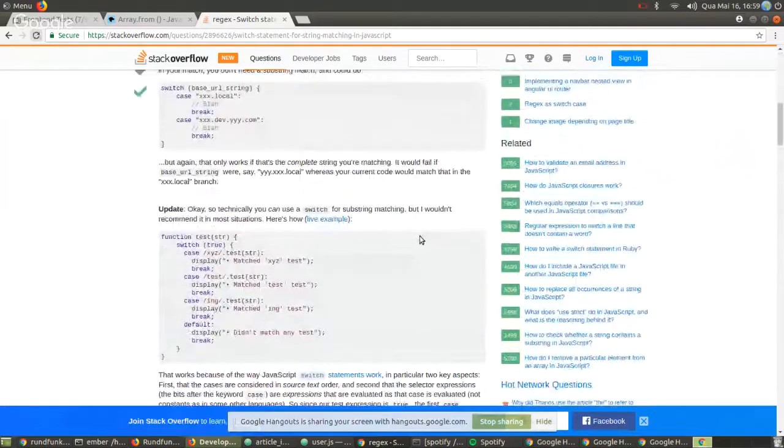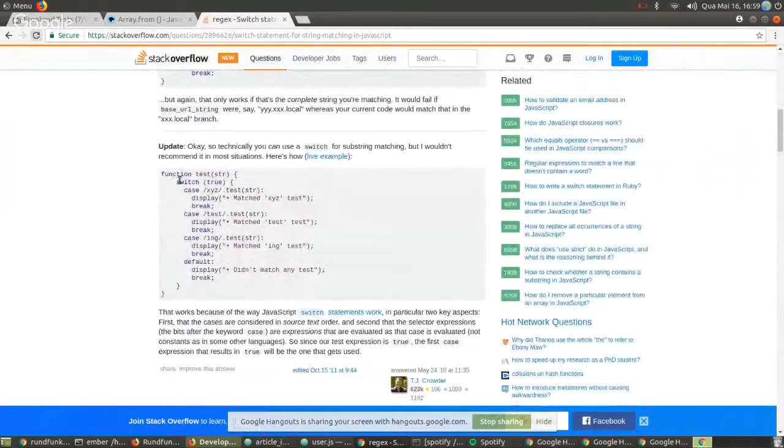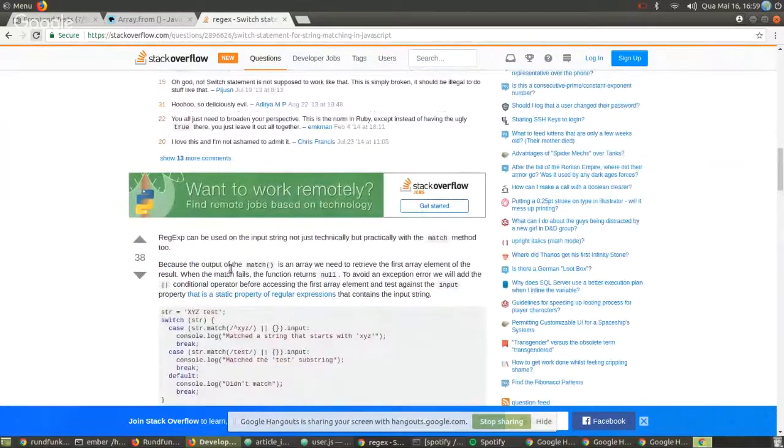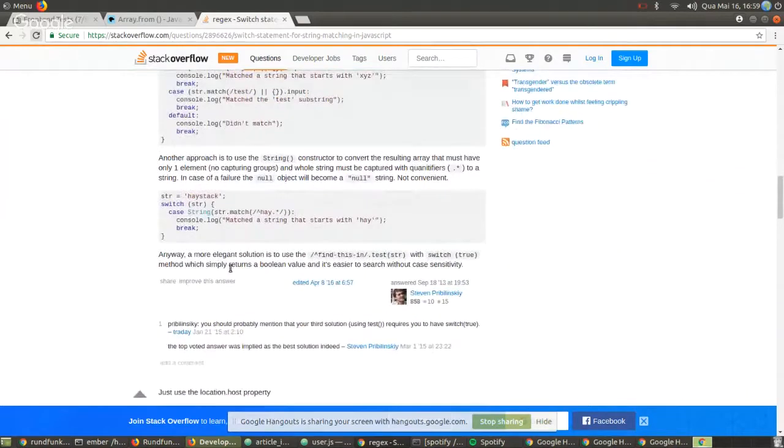Yeah, this is what I was using before. You put switch, then you pass in the value, and then you have cases. So apparently there's one example, but the person who answered that does discourage its use. I don't know if we should. I don't know. Anyhow,